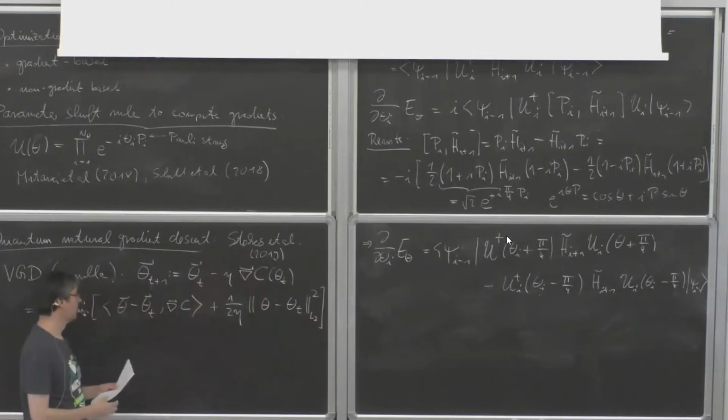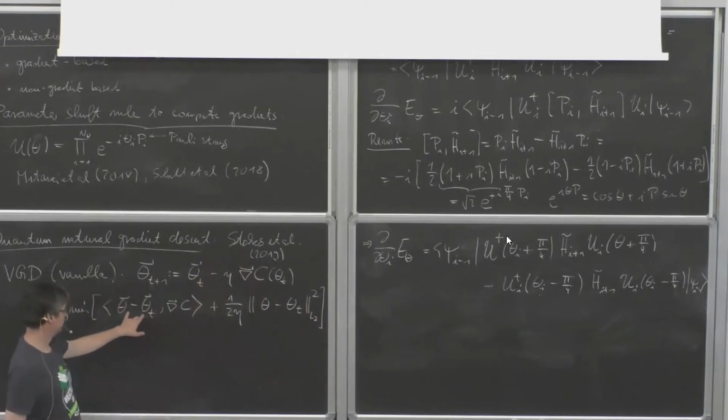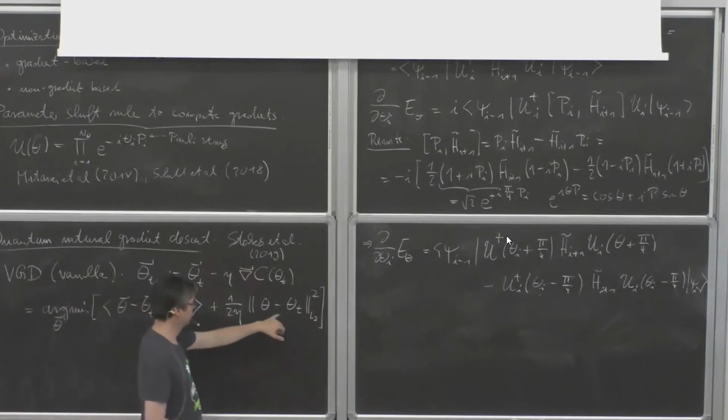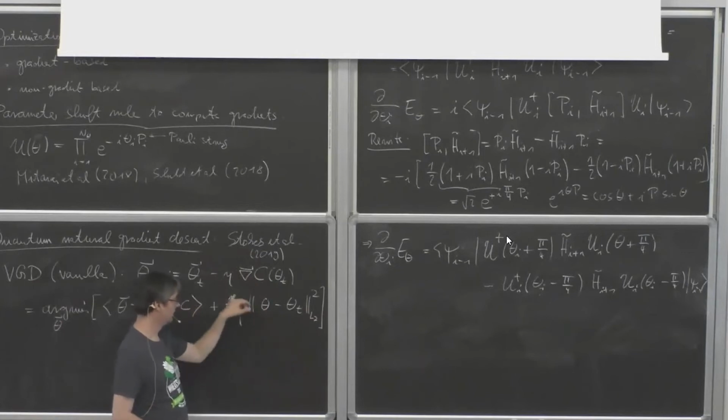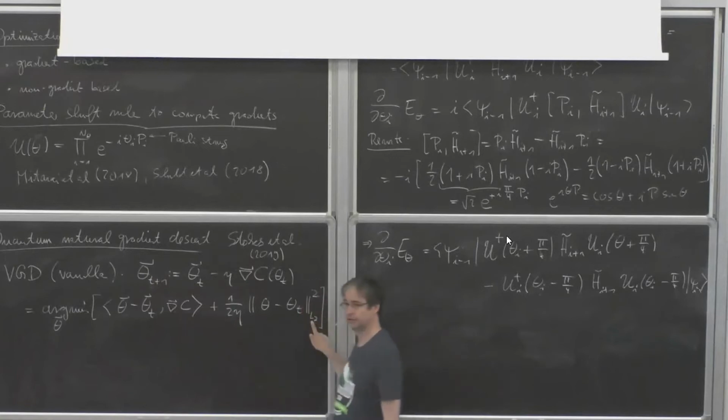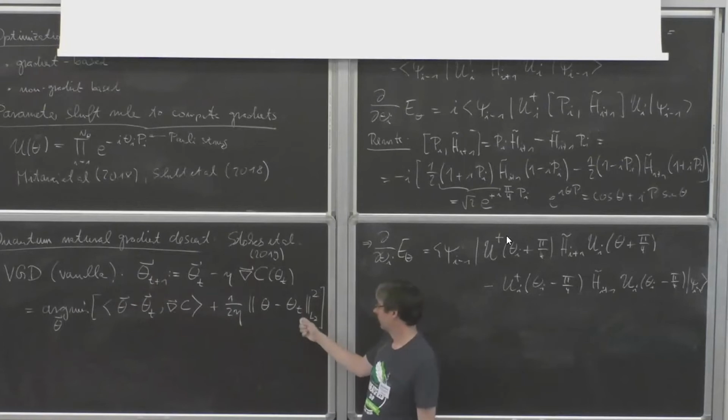Okay. So in other words, qualitatively, it says I want to walk in the direction of minus the gradient, but I also don't like to end up far away from theta t, up to some step size. Okay, so that will be useful for us because what natural gradient descent proposes is that, in fact, instead of using the L2 norm here, which is just the Euclidean norm on the space of variational parameters, you're actually going to use a metric that is defined on the variational states themselves, on the wave functions.